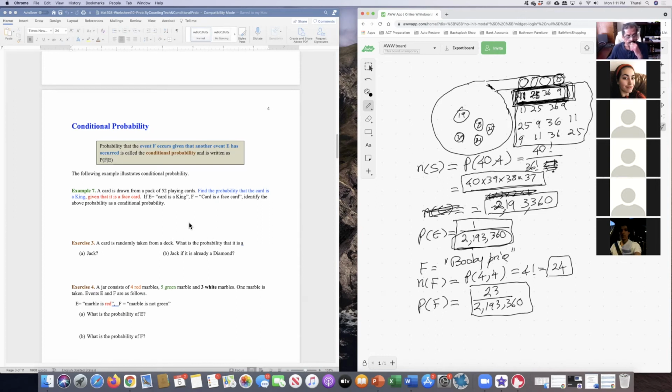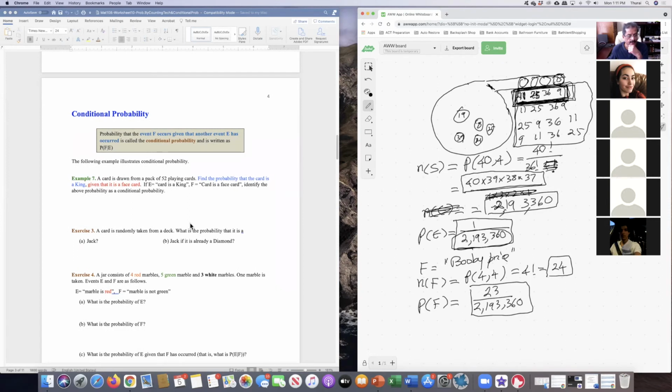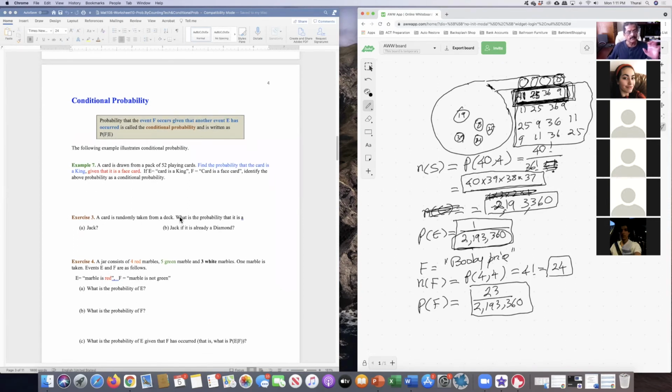But when you go to the statistics class, you won't be able to handle it. So let me... I have good examples carefully chosen so that you will understand conditional probability. So let's get started. The probability that an event F occurs, given that another event E has occurred, is called